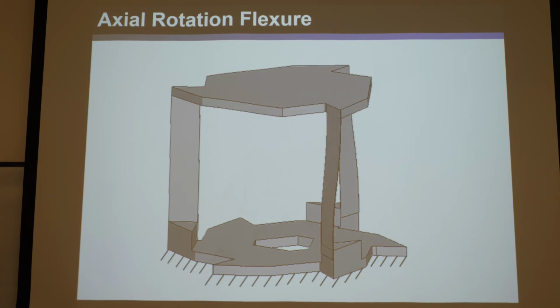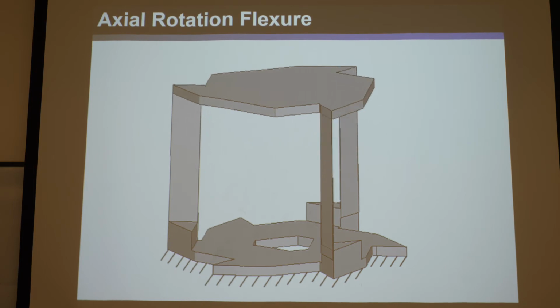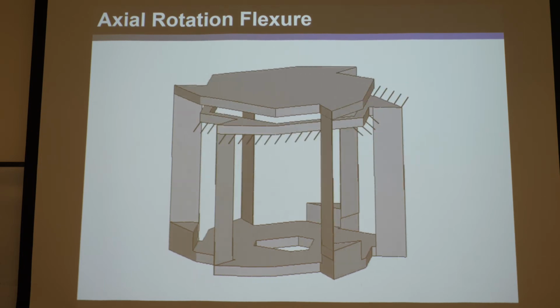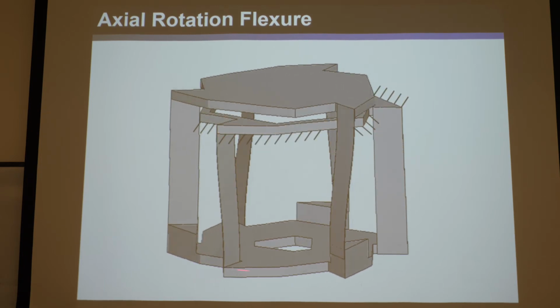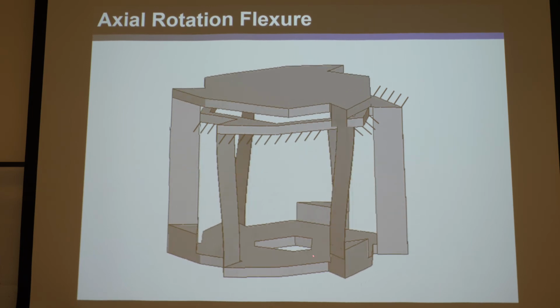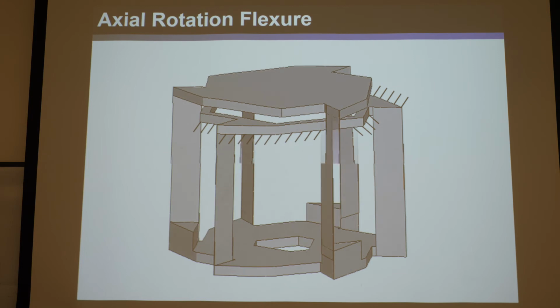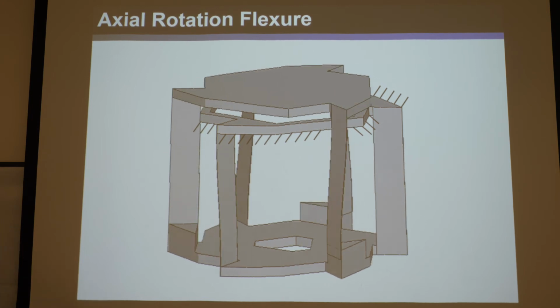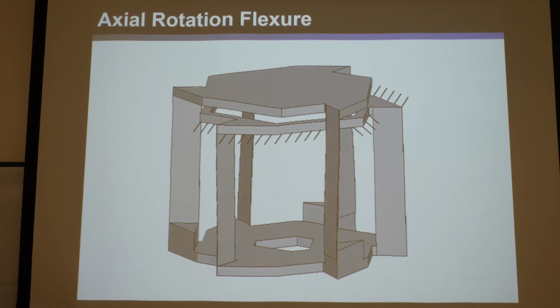Okay, so those were two planar designs, but you can do this as complex as you want in 3D. So consider this design that is grounded down here and it achieves just a single rotation. Well, you can double the range without increasing the footprint much at all by having this be ground, go down with these flexures and then go back up. And so in the same size, you can get twice the range